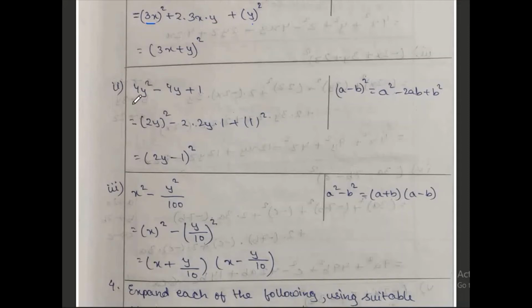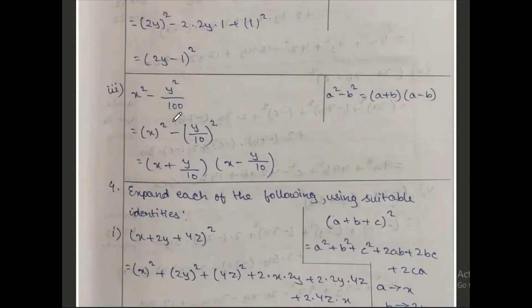Now second one. 4y square minus 4y plus 1. Since this sign is minus, the best formula will be a minus b whole square, which is a square minus 2ab plus b square. Then as it is, first one you make it 2y bracket and whole square, that is acting as a square, minus this one you can fill after some time. First you make this one as 1 square, so plus b square. A square done, b square done. These two you should make first. Then the middle one you write 2ab. 2 into a is 2y, b is 1. So a square minus 2ab plus b square will give you a minus b full bracket and whole square.